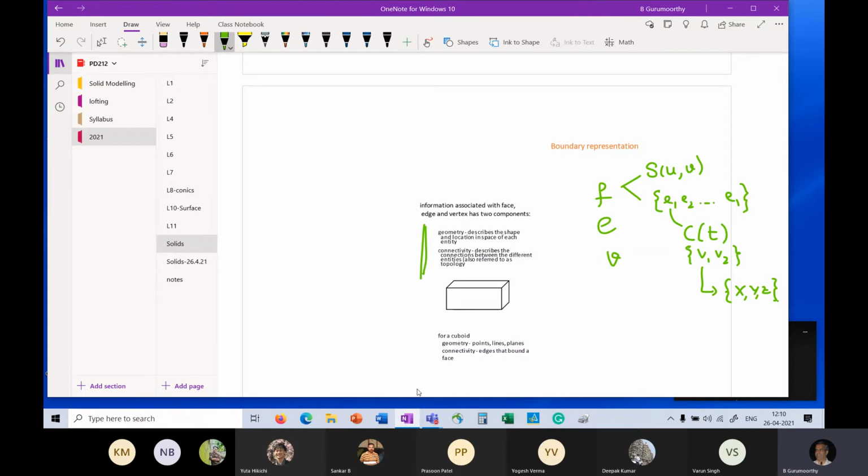And so this separation is something that we had already talked about, where we said that in the case of the surface, I have the boundary of the region that is of interest to me, which is represented like this in the parametric space. So 0, 1, 0, 1, and this is represented as edges, a list of edges.